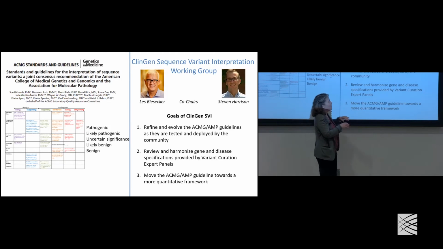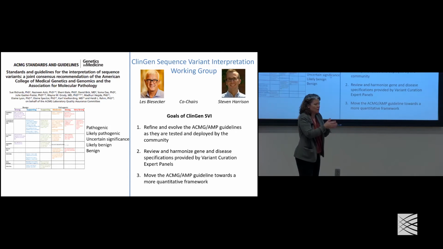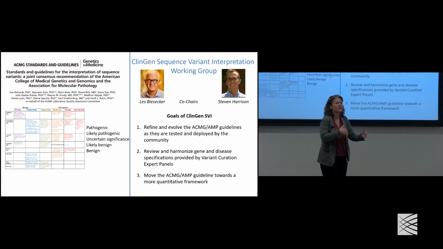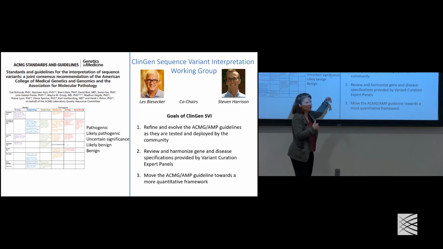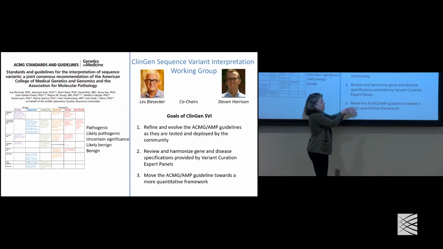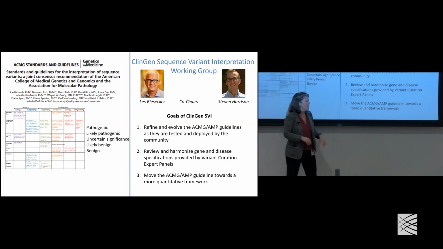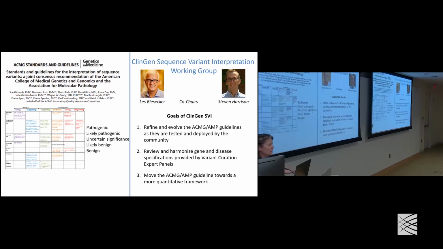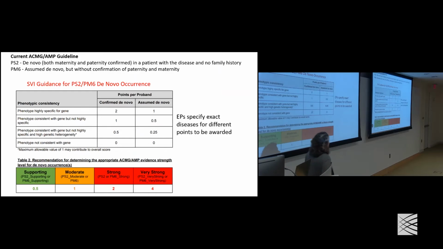And then we also have all these expert panels that are classifying variants in their particular genes of relevance. And they come up with specifications of the standard. So this is the allele frequency threshold for this gene and disease, above which we would call it benign, and below which it is not; this is a functional assay that's valid, this one is not. So they sort of define all the things that are relevant to their genes and disease. And this group then reviews those proposals to make sure none of these groups are going off the rails with what they're doing. And then we've been gradually trying to move this framework to a more quantitative basis, as opposed to supporting, moderate, kind of vague terms.